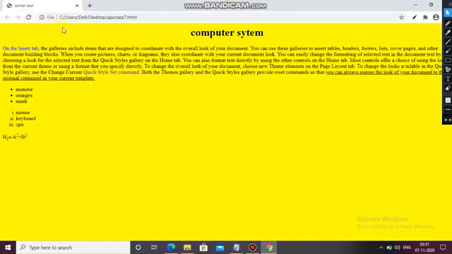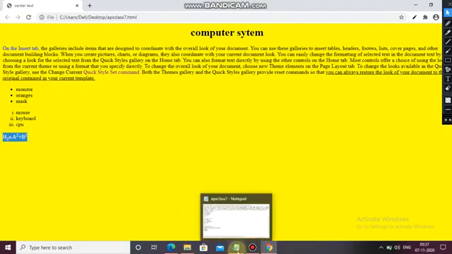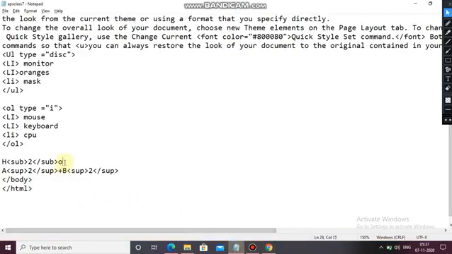Refresh. See, here it is written: H2O, a square, b square. I have not given the line break, that's why it is showing in a single line. So here just use the br tag for breaking the line.